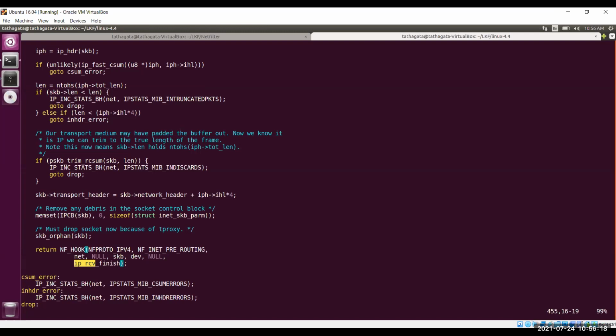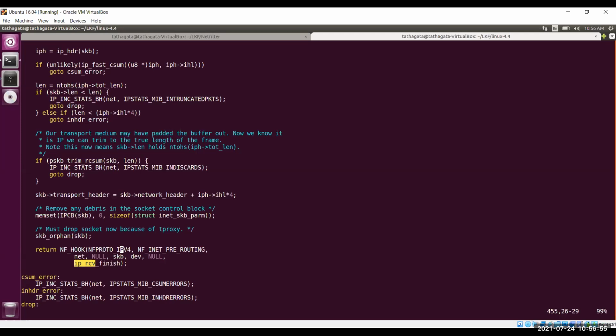So something like NF_INET_PRE_ROUTING, you want to have your own, something like NF_INET_LK. If you want to do something like that, then you need to call this NF_HOOK function at the particular position of this layer, in the IP, in L3. So this is already defined. Whatever callbacks you are registering at the NF_INET_PRE_ROUTING hook point will be called from this position.